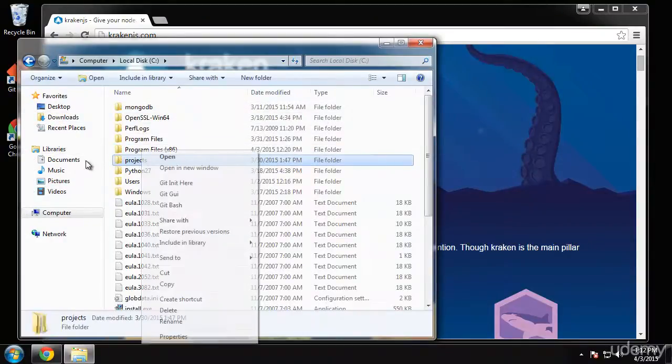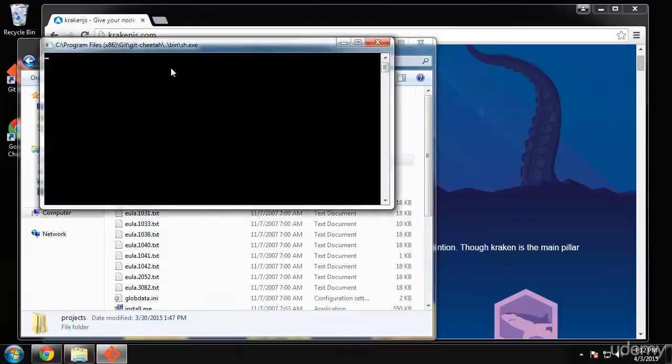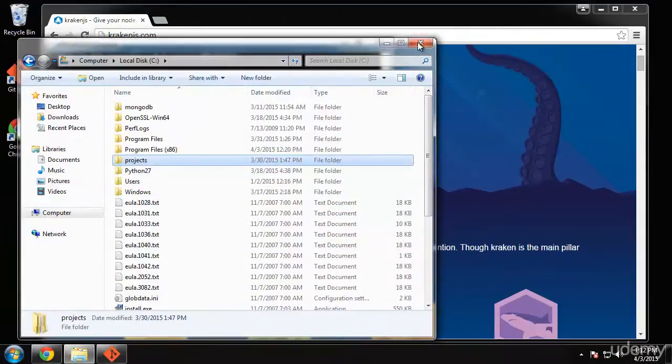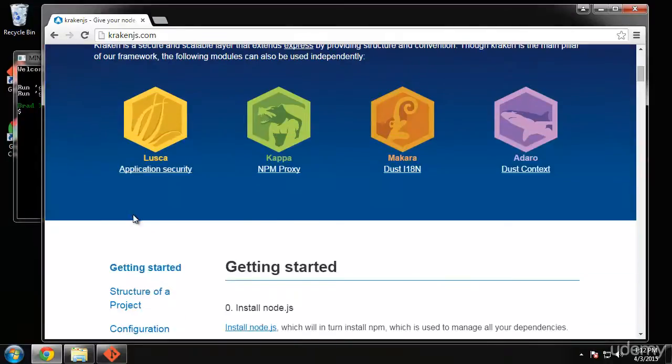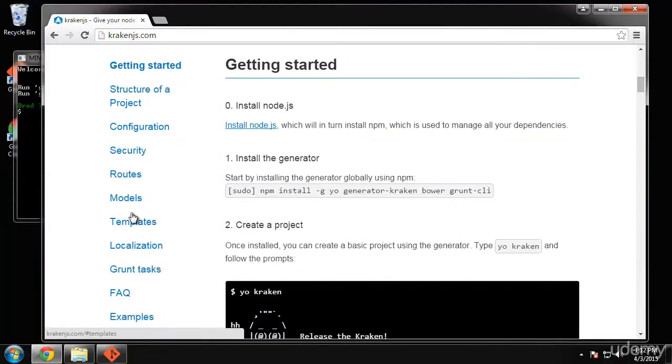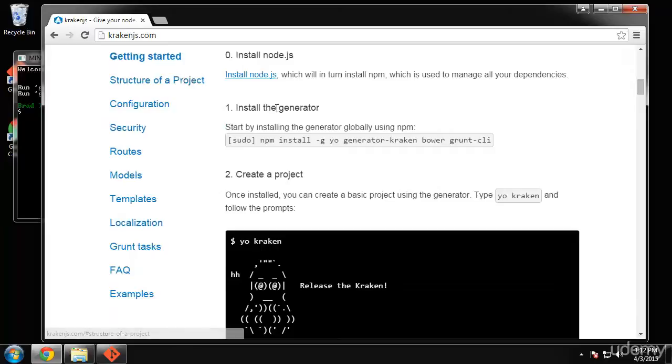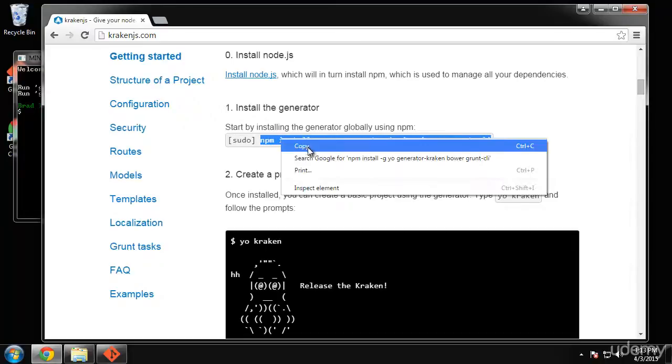So I'm just going to go here and go git bash. Alright, and let's see what we want to do. Go to the Kraken homepage and go down to getting started. And we can see that step 0 is installing Node. We already have Node. Install the generator. So this is going to install the generator for us along with Yeoman and the Grunt CLI for processes and things like that. So I'm going to copy this,